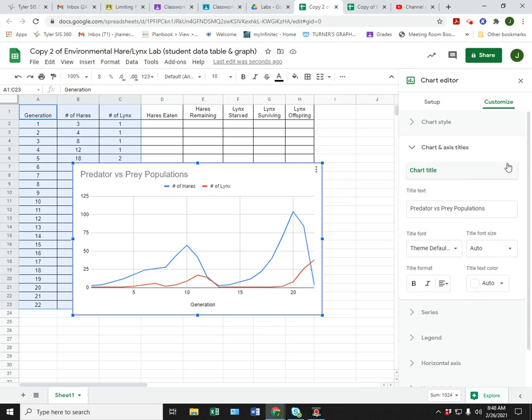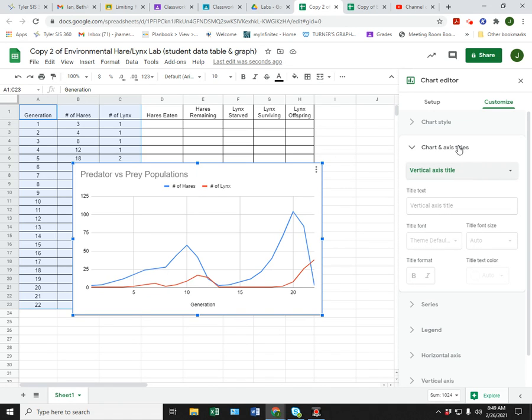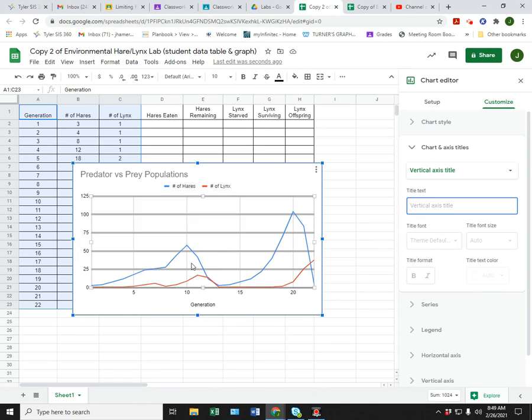Okay, then here in this box with the green, it says Chart Title. You can see that's our predator versus prey, right? That we changed before. We're going to select vertical axis title, which is what we want to change. So these are the number of animals, right? You don't want to say number of hares or number of lynx because it's got both on here. So we're just going to say something like